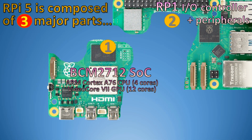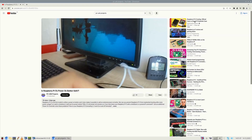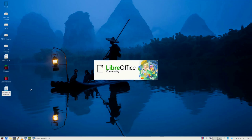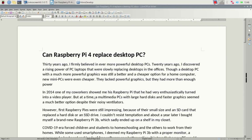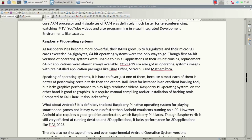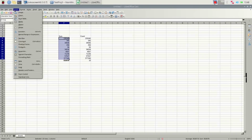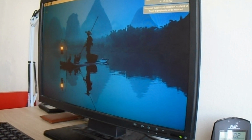So we already know that Raspberry Pi 5 is a very good computer if you want to explore computer science and if you want to learn something new, because it's bare and you basically have to assemble your computer entirely yourself, and this is probably the most interesting part that you can do by yourself to get a very good introduction to computer science. There are many mini PCs whose prices are comparable to Raspberry Pi 5's price, but